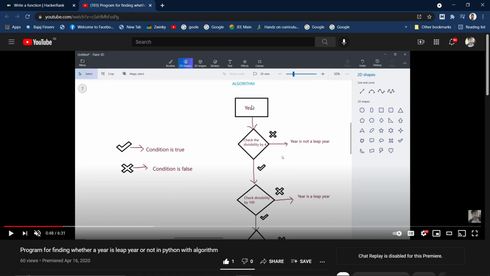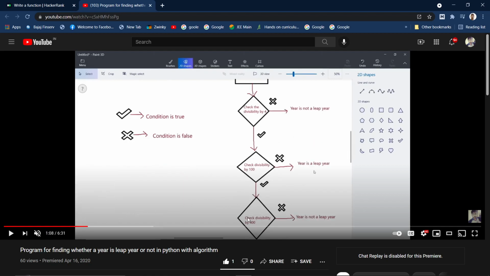Given a year, first you need to check the divisibility by 4. If it's not divisible, then straightforward, that's not a leap year. But if it is divisible, then you need to check the divisibility by 100. If it is not divisible, then it's a leap year. If it is divisible, you need to check the divisibility by 400.